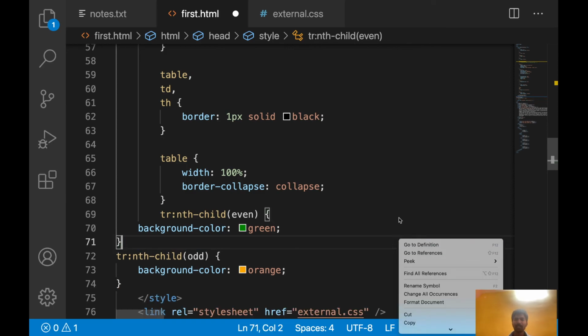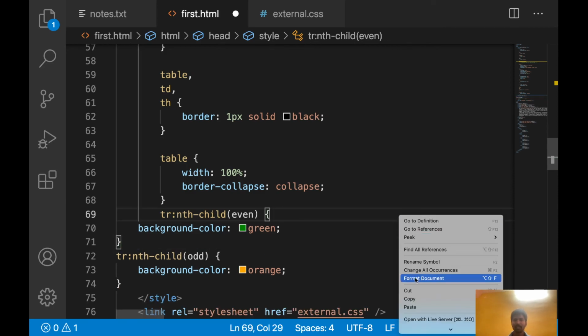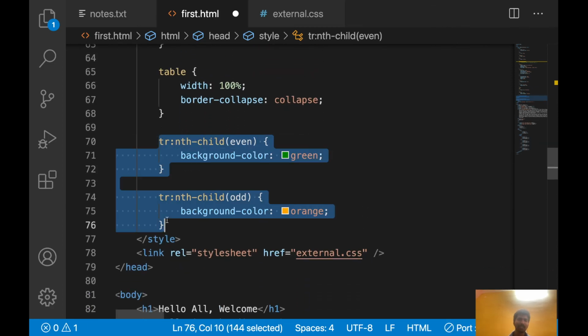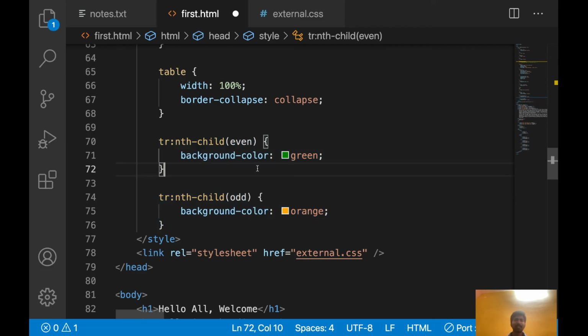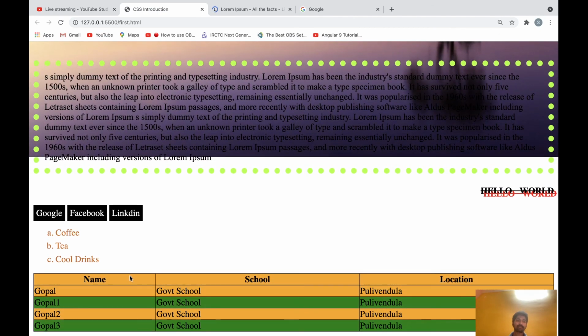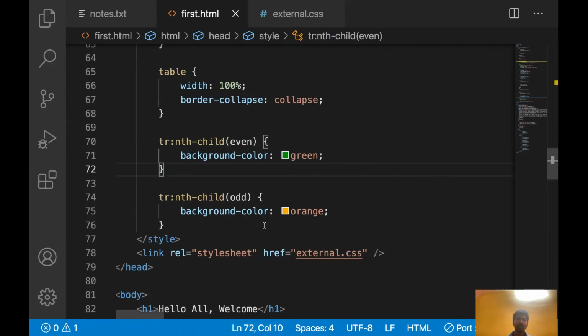So let's format it. So for formatting the document, you right click and here format the document. So I have used these two here now, nth child of even and nth child of odd. So even means 0, 2, that will come, see like this. For 0 this color came, 2 this color came, for 1 and 3 same color came. So if you have number of rows, you can apply like this.